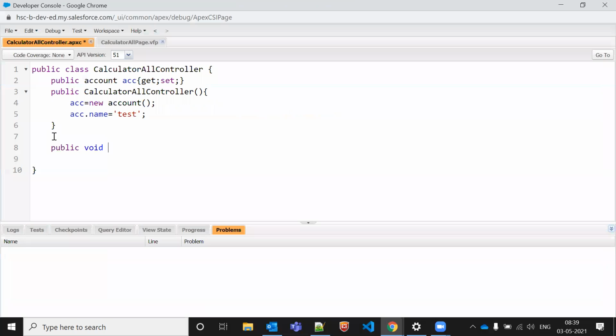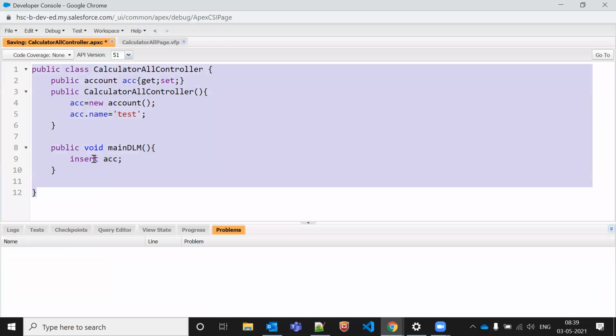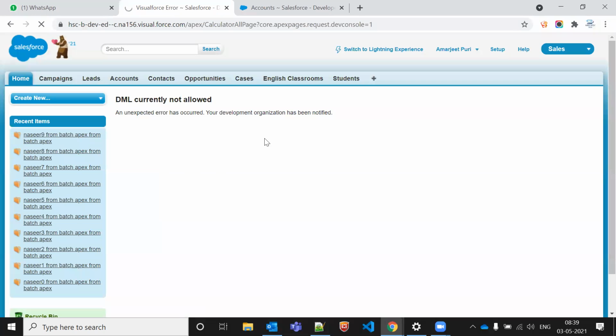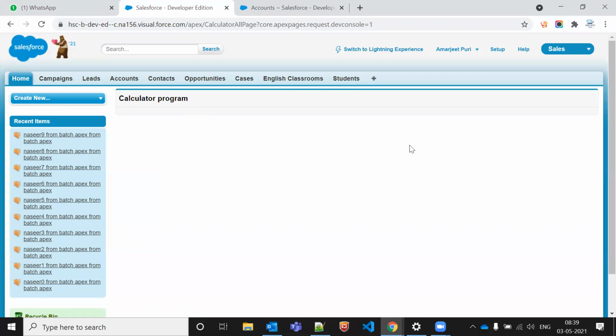Public void mainDML. Okay, fine. I'm writing insert here. In real time as well, you might have seen some UI where, when you click on a button after filling the form, the record is automatically inserted to the database.